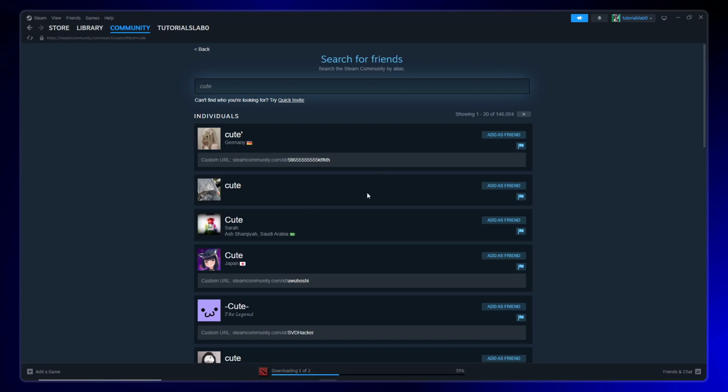If you do find your friend's profile in the results and want to add them, simply click Add as Friend right beside their name. This sends them a friend request, and once they accept it, you'll both be connected on Steam and can see each other's activity, join games together, and chat anytime. And that's it! You've successfully learned how to add friends on Steam using both the friend code and profile name